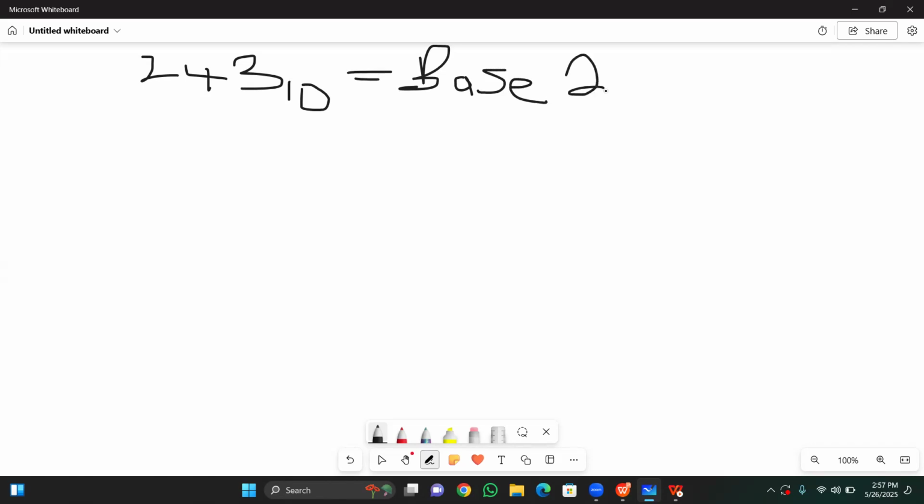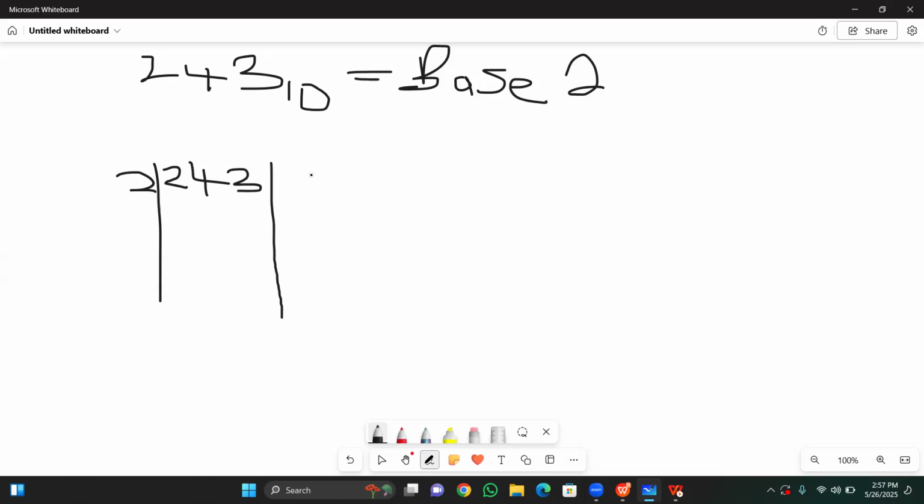Base 2. So it says that you have to divide the decimal number repeatedly by 2. So I'm going to do something like this. I will say this is 243. All right. Then if 2 divides 243, what do we get? We will get